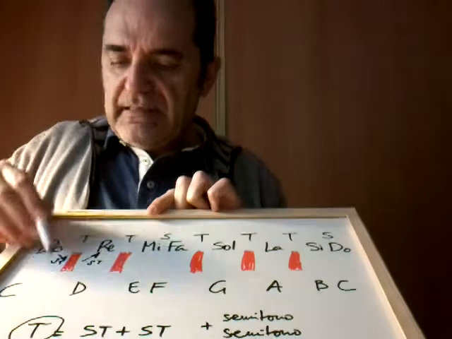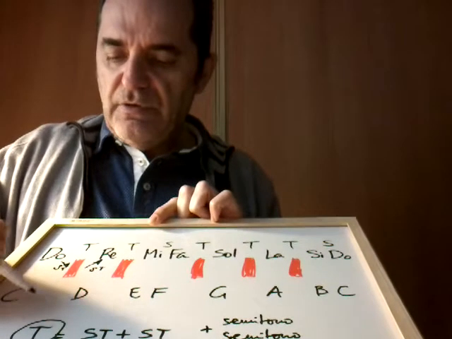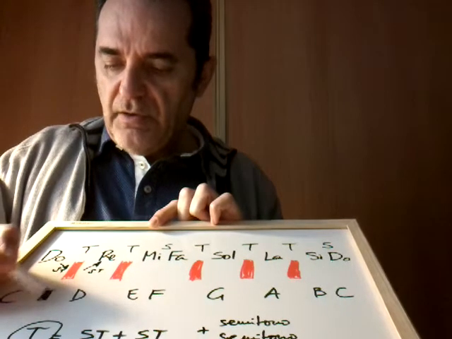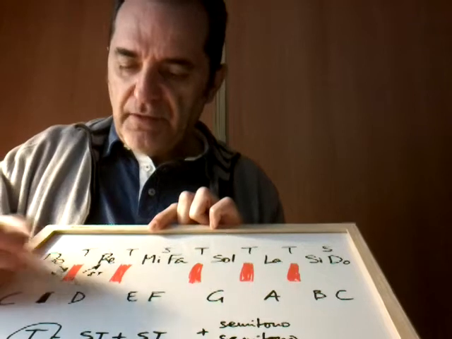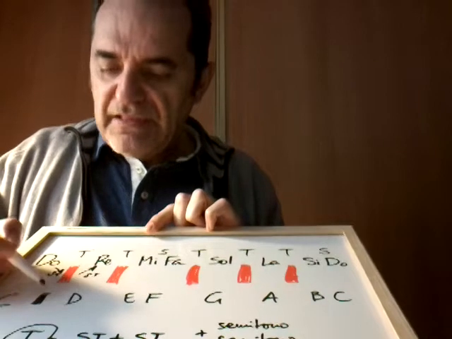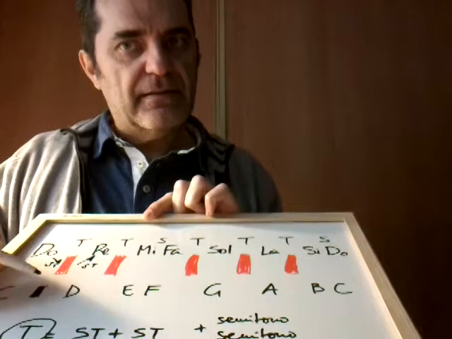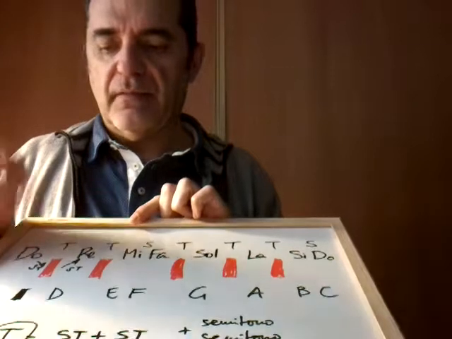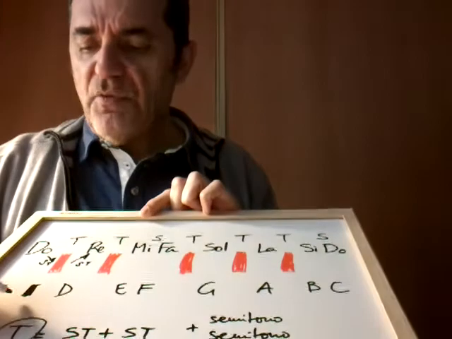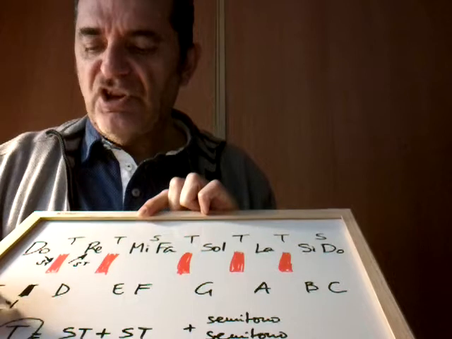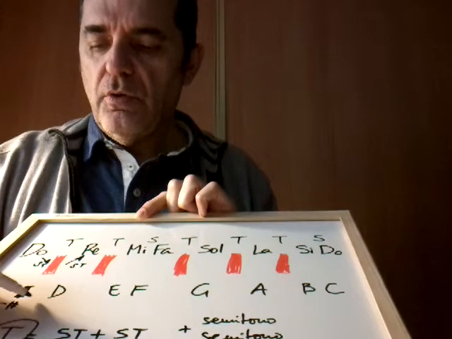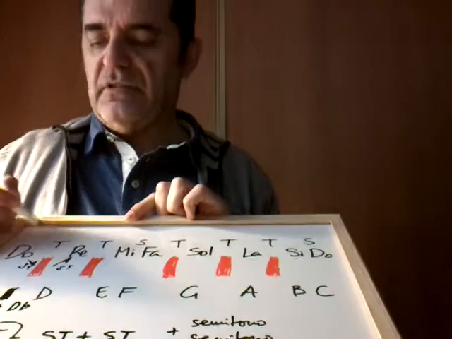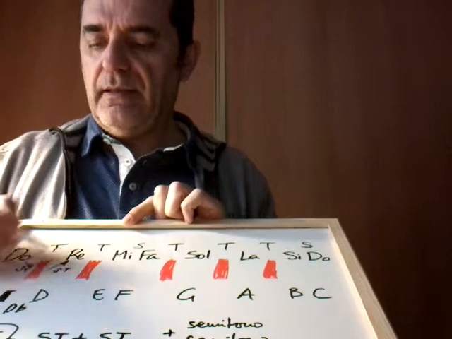So, you go from C to D. First, you must pass another note to achieve this one, to arrive to this one, right? This one is a sharp or flat, and I'm going to explain that with the guitar. That is more visual, and I think you will understand this, right? So this note will be C sharp or D flat, right? Será o bien esta nota de aquí,